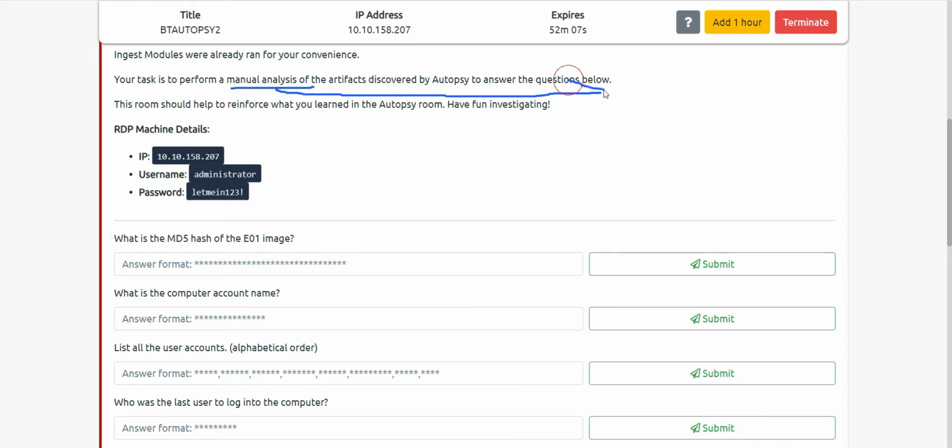Autopsy is already given to us. Autopsy is an application used to investigate things; in the simplest way, it is used for investigating disk image files. So let's see the first question. What is the MD5 hash of the E01 image?